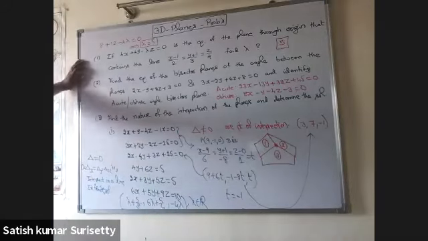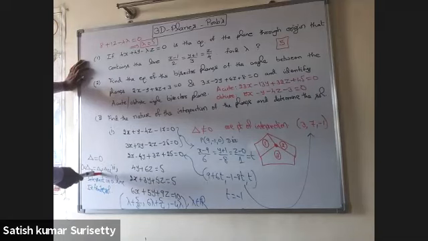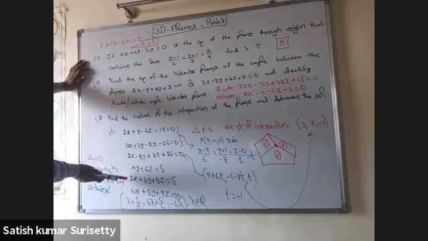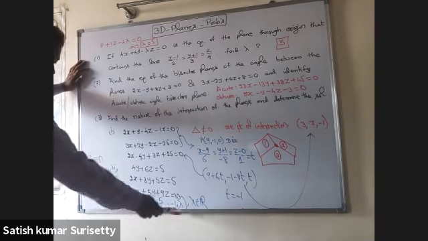In the next problem, delta equals 0, and delta x, delta y, delta z are all 0. That means the three planes intersect in a line. That means mathematically you will have infinite solutions. Now to find the infinite solutions, you write any equation of the line of intersection of two planes, and from that you write a general point on the line.